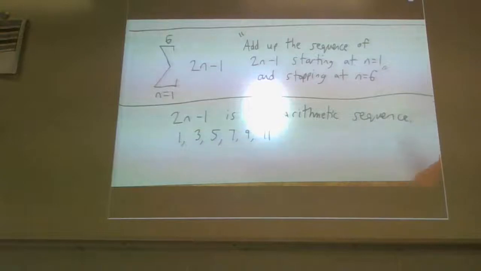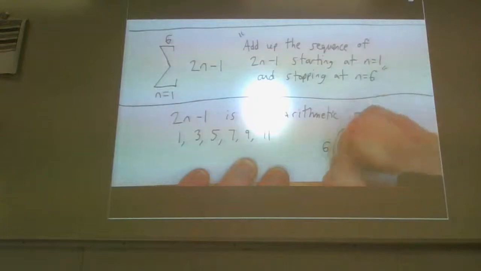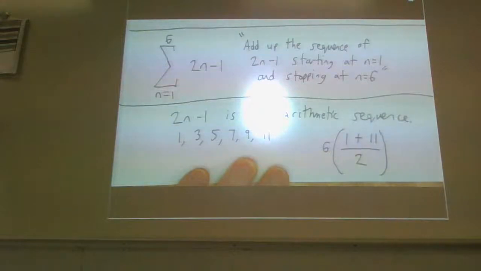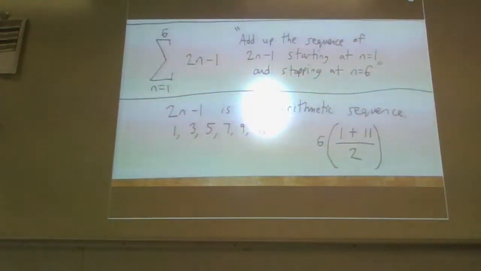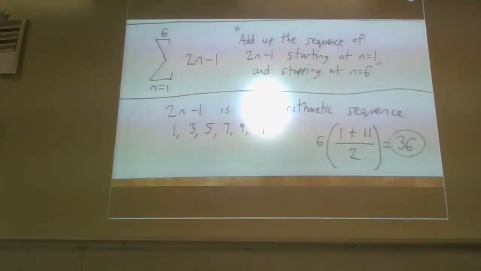If you really wanted to, you could use that formula as well. The formula comes down to this. This is the calculation using that formula, where it's the first term plus the last term, and it's being multiplied by the number of terms. So in reality, this would end up being a 36. This would end up being a 36, which again is the answer to that particular problem from the worksheet, and then you'd fill it in accordingly.